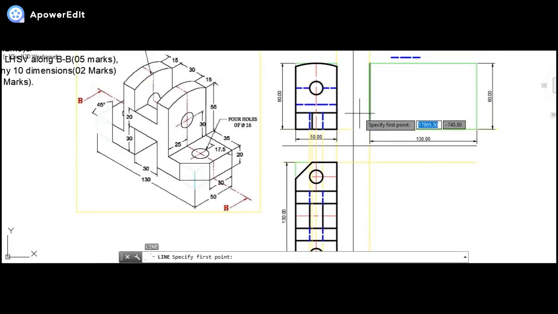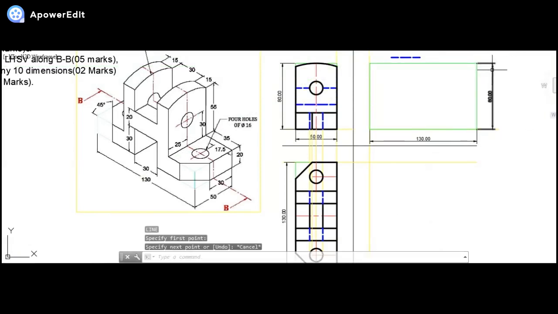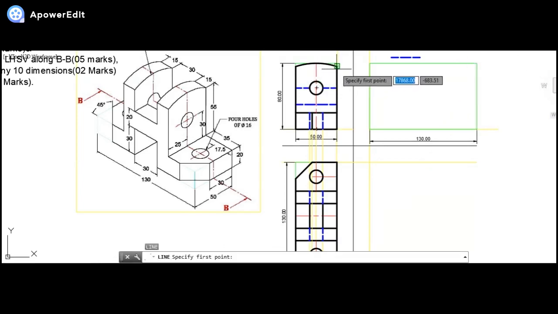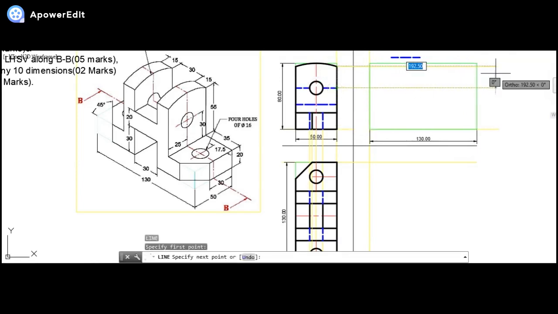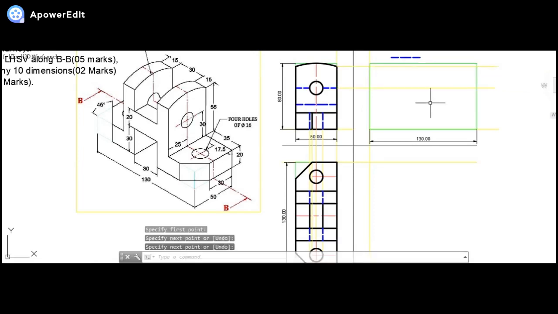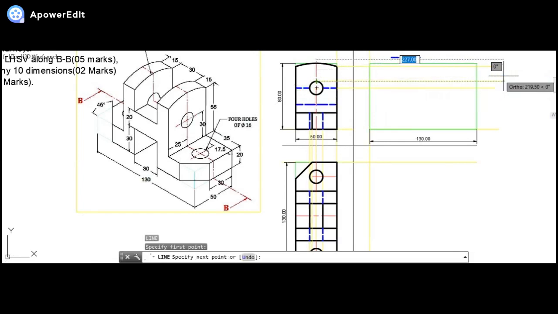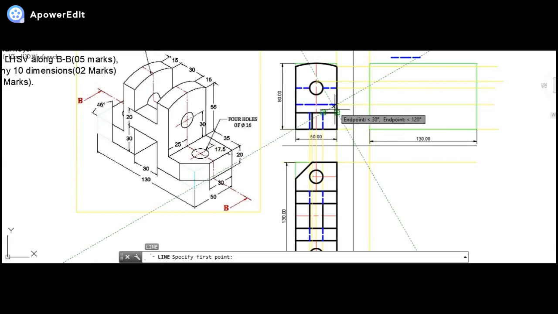For that sake we'll be taking all the horizontal projections of the front view immediately. So now this will be the first stage. Just to avoid the confusion, we are simply deleting this. We can show the dimension later on. This is the one, this is the second one, this is the third one, the fourth one, fifth one.